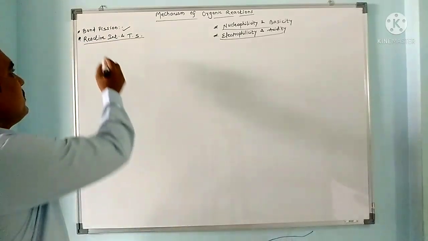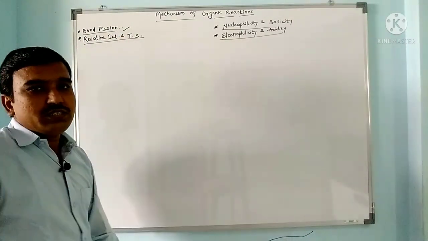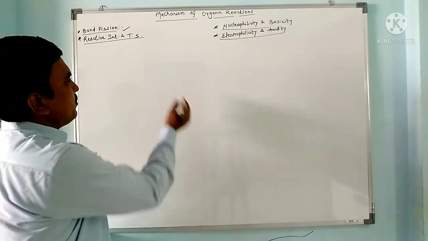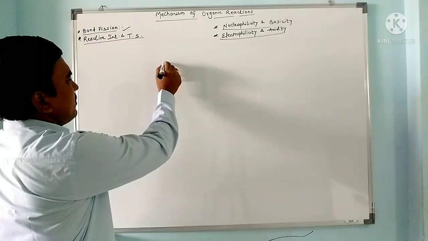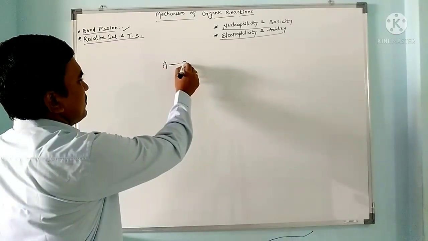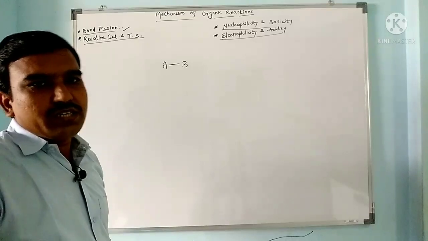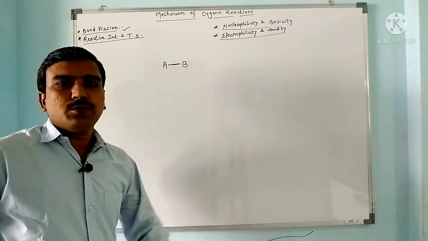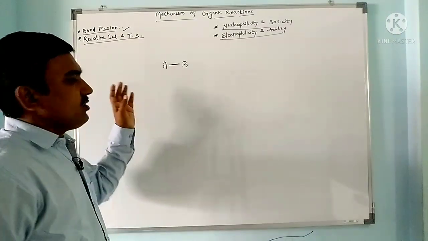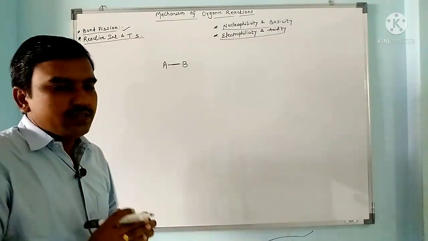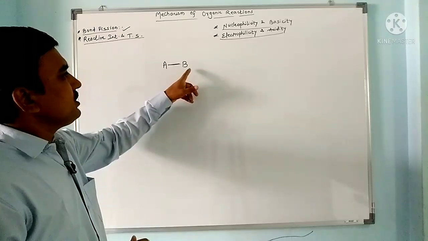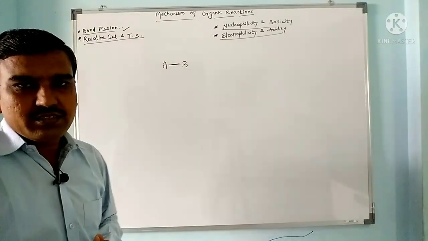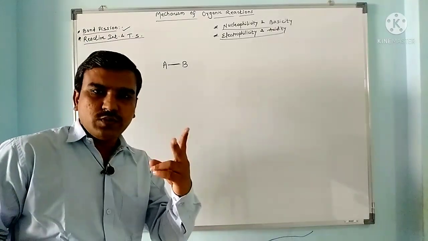So now next is bond fission. We have to discuss bond fission. What is bond fission? Bond fission is bond breaking. Suppose the organic compound is having this bond. Each bond is made up of 2 electrons, and in organic compounds bonds are shared, one electron from this atom, other electron from the other bonded atom. This bond can be broken in 2 ways.